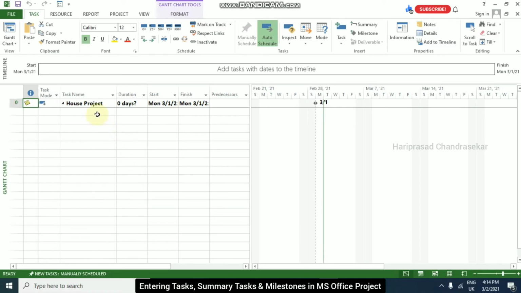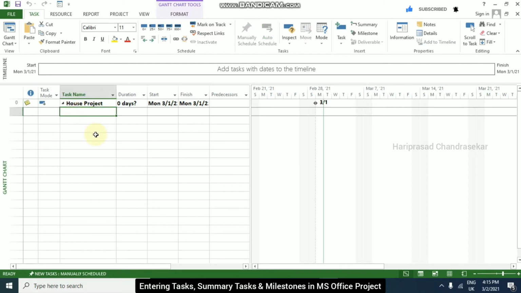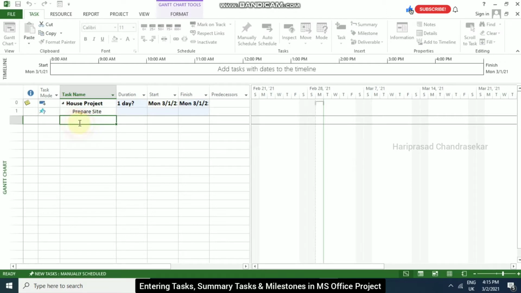For this house project, I am going to enter some tasks. What we should do is click on the next row and just start typing. Prepare site. You can see that here it is manually scheduled.